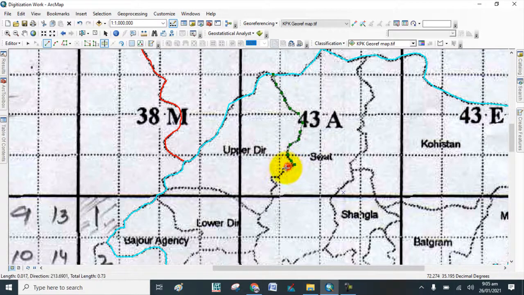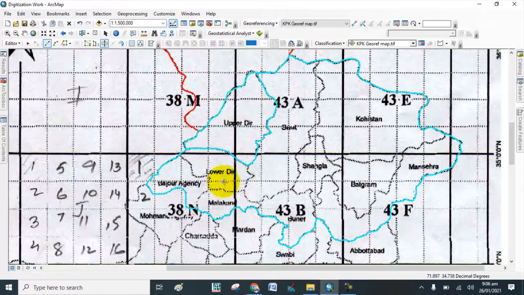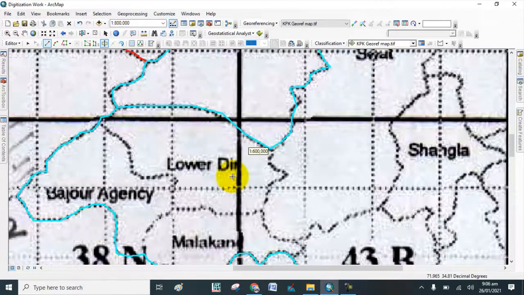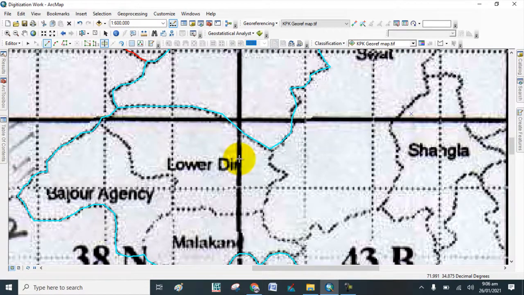Digitize the map carefully. Click on that point. So this district is digitized. Now I digitize this district by the same process.